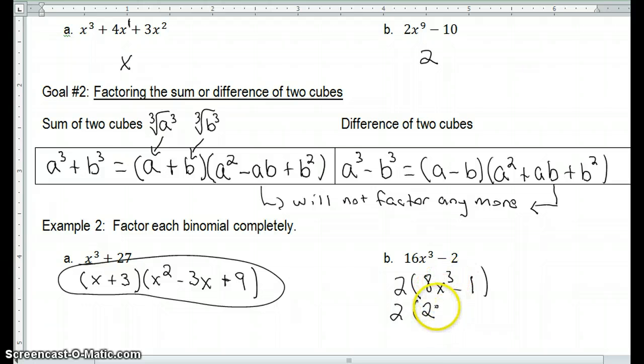The cubed root of x cubed is x. If this is a minus, this stays a minus. And the cubed root of 1 is 1. So I just did this step: a cubed, took the cubed root of it; b cubed, took the cubed root of it, and kept this negative, negative. Now from here,